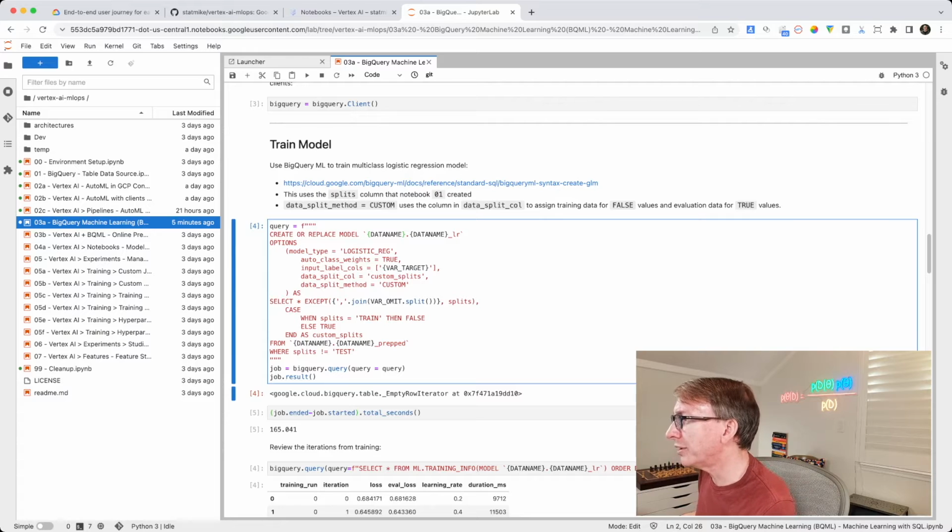Let's talk a little bit about why this is an important thing. This is why we have to read the manual. We have a new API. We have machine learning with BigQuery. It's in SQL. It has parameters. We need to understand those parameters so we can implement our method